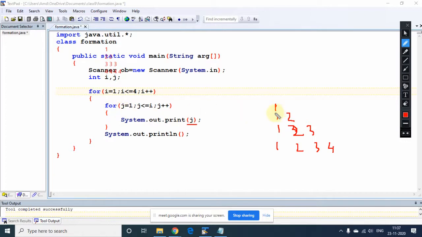That is why it was coming 1, 1, 2, 1, 2, 3, 1, 2, 3, 4. But if you are doing this like i, now what will happen? The printing is happening the same number of times, but every time what you print is i: first 1 time, then i you are printing 2 times, then 3. Am I clear, Aditya?